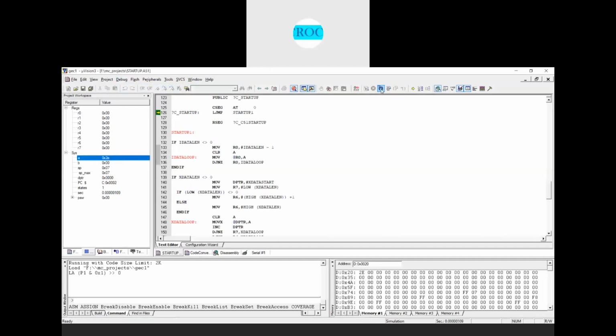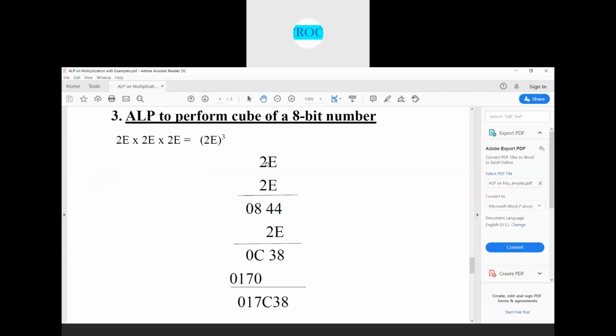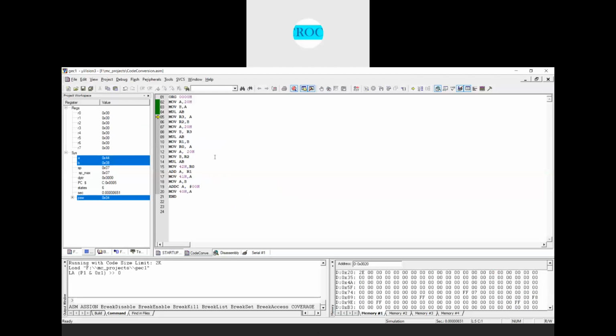Then what we have? Multiplication AB. So what we have now? 08 44. So when I multiply 2E with 2E, you get 08 44. Now 44 I'll move into the R3 register and 08 I will move into the R2 register there.